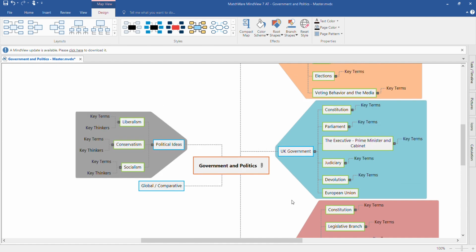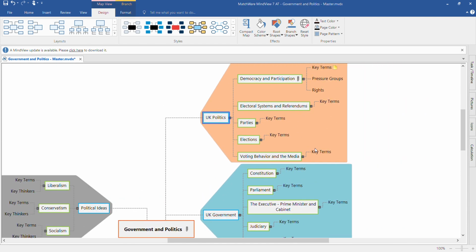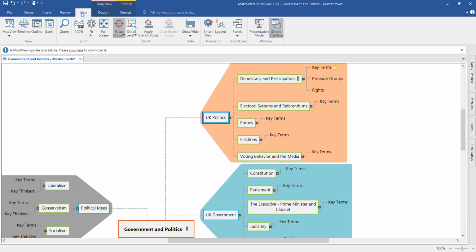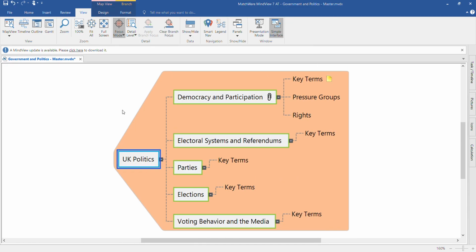Let me go through what I have done since last time. If we just focus on this part of the mind map, I've updated it to include the various parts of the specification that I would want to see in here. I did have pressure groups and rights as separate things because I tend to teach those two things on their own rather than as part of democracy and participation, but the specifications both have them in there, so that makes logical sense to put them